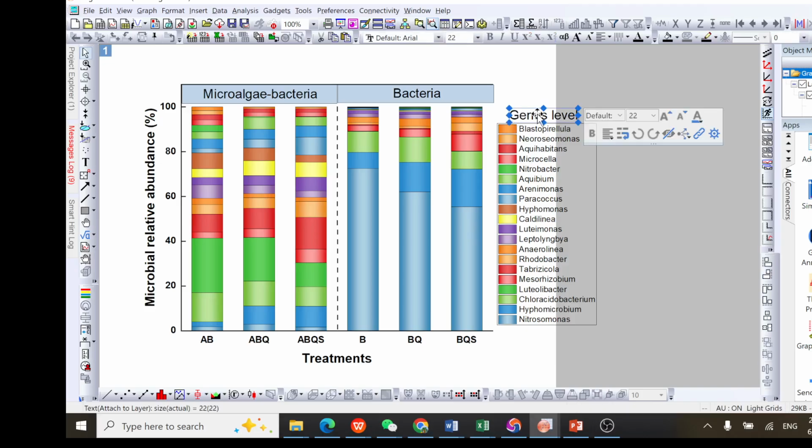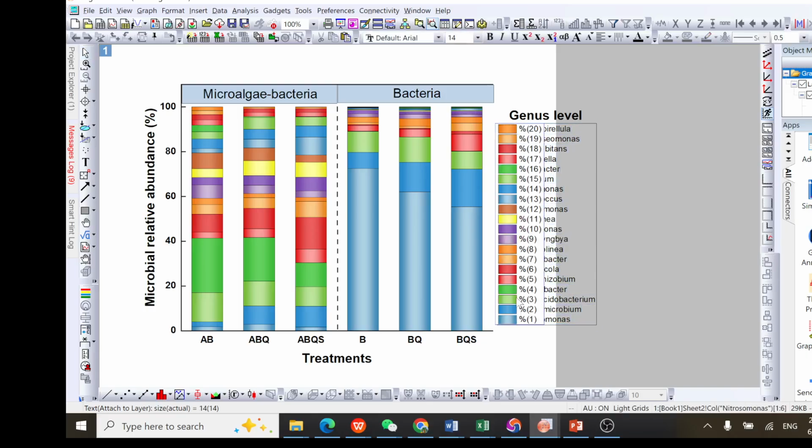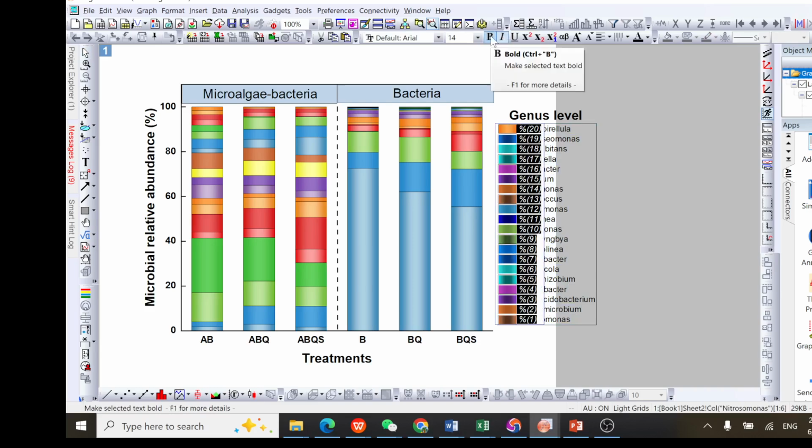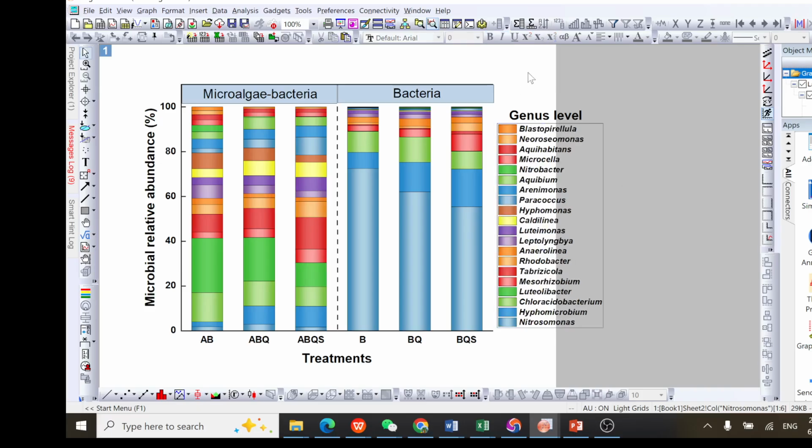I can bold it. Genus level. Knowing that your microbes' scientific name needs to be italic, how will you do that? You double click. Then you highlight everything, make it italic, and you bold it. So click outside. After you have done that, you have this. So immediately you have this like this. You have succeeded in creating